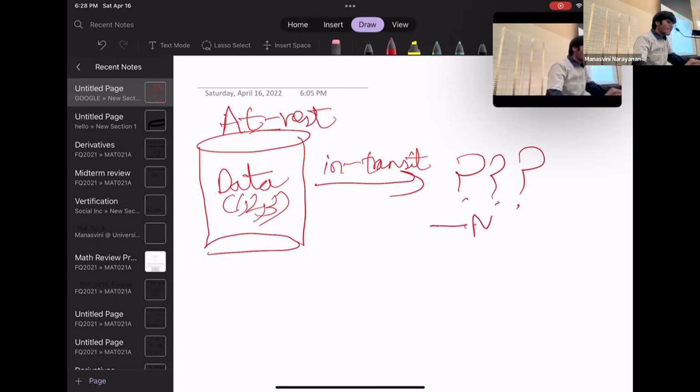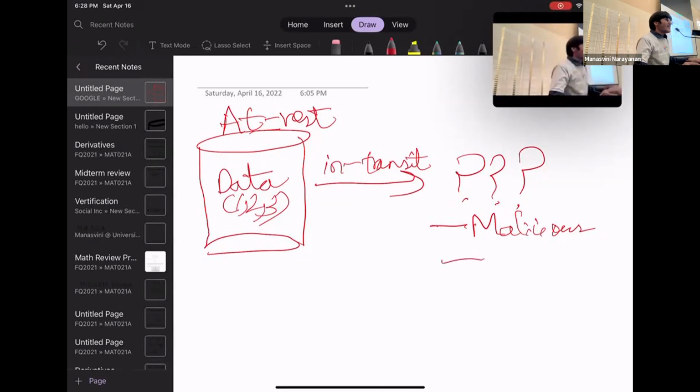One of them is malicious actors. These are people who try to steal your information by things like web scraping. There are things like memory dumps. So basically what happens is, if while running your code, the code crashes, a memory dump is a mechanism by which your data gets stored in a storage device. So now assume you're working on highly confidential data and your program suddenly crashes. All the data in your RAM gets stored in a storage device. Everybody knows what RAM is, right? Random access memory. So all the data from your RAM gets stored in a storage device, and it's very easy for somebody else to access it.